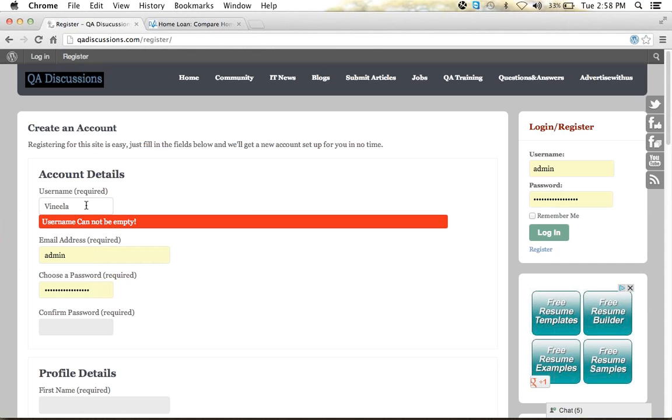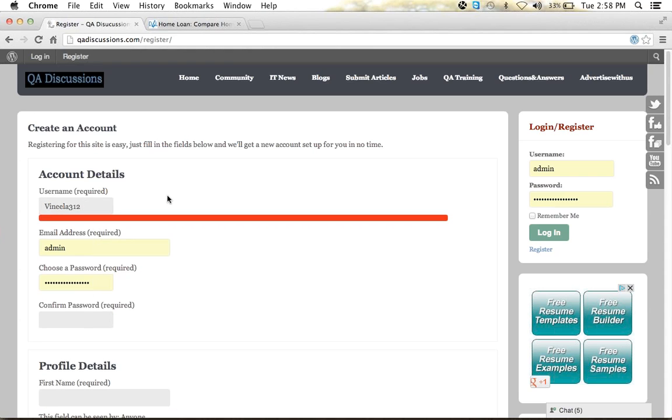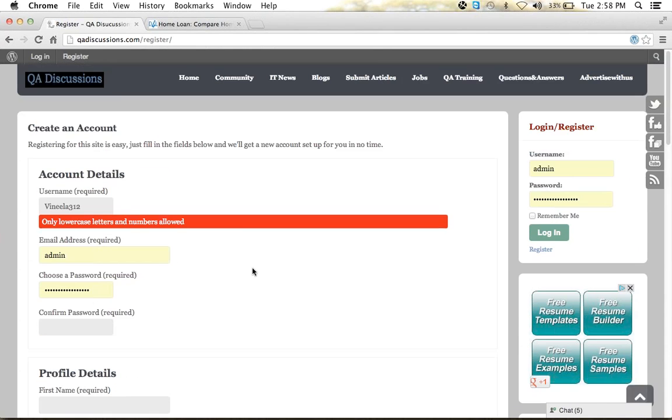I need to check, there may be so many persons with the same name. So I need to verify whether this username is already there or not. So it will query and check all the database for this particular name, and then it will give me username already exists.